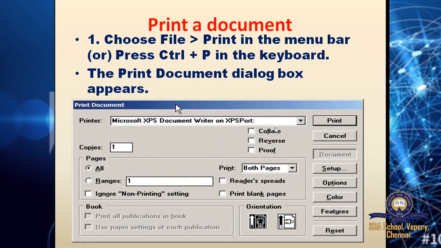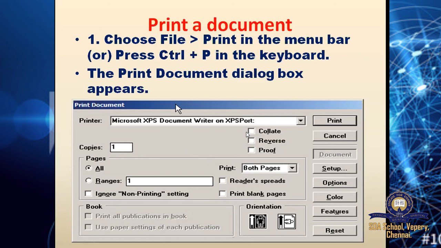Then we have the option called collate. Right? If this option is not selected, when you take a printout, Adobe PageMaker will print every copy of that page the number of times you have specified here, every page. But if you want it in sequence, the first copy of the document, then the second copy of the document, then you have to choose the collate option active. Are you clear what I'm saying?